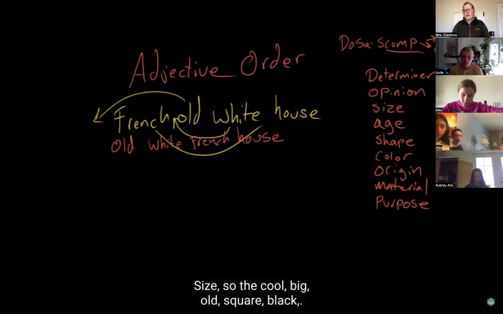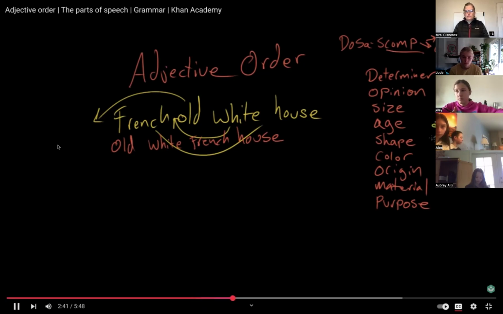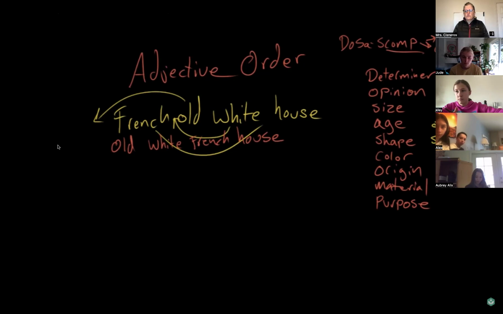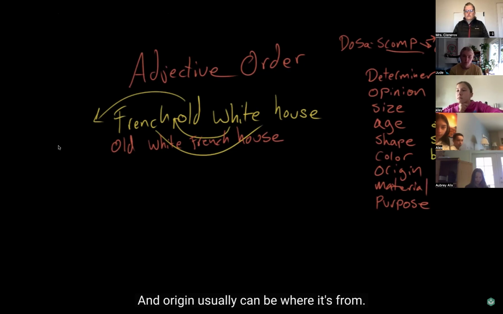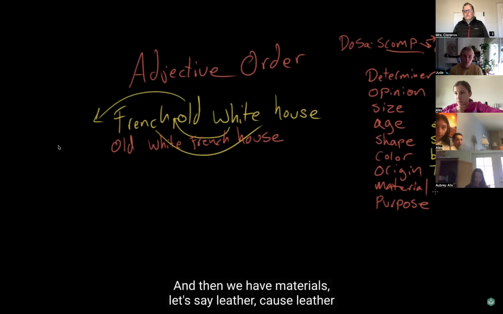Size, so the cool, big, old, square, black. An origin usually can be where it's from. So let's say Texan, and then we have material, so let's say leather, because leather can be black, and